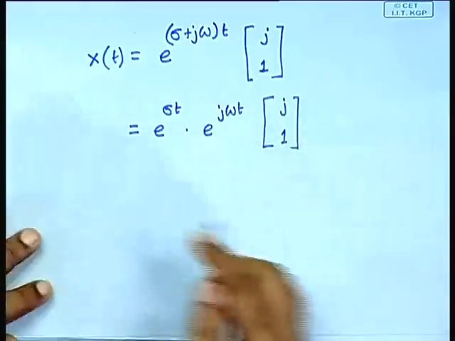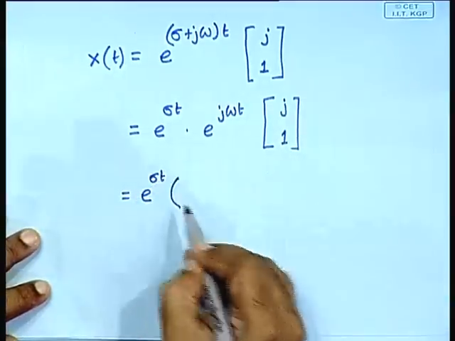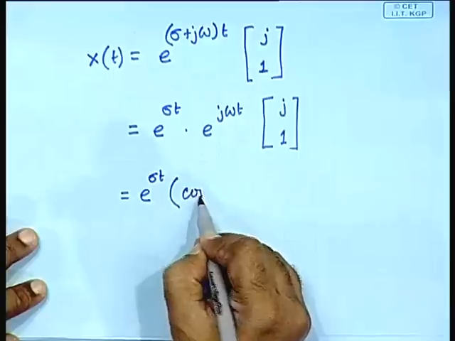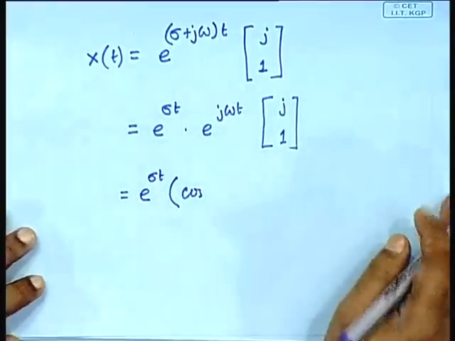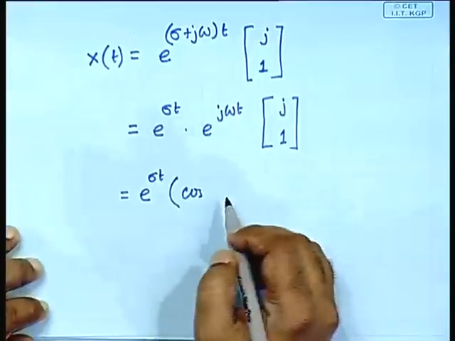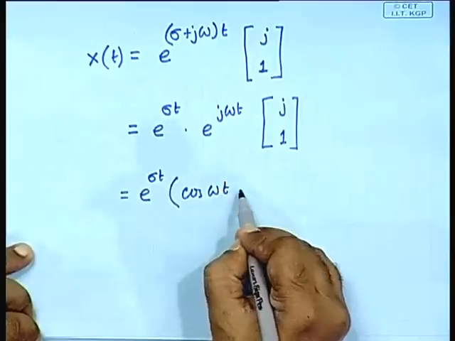Okay, so where were we? We were here. We will simply substitute it here. It will be e to the power sigma t times cos omega t minus j...